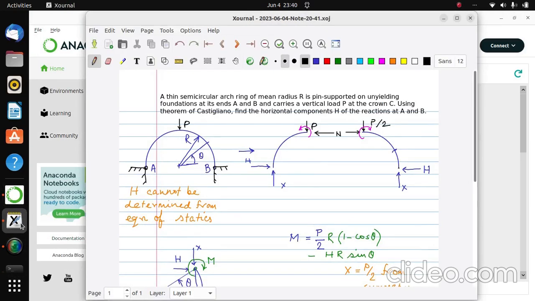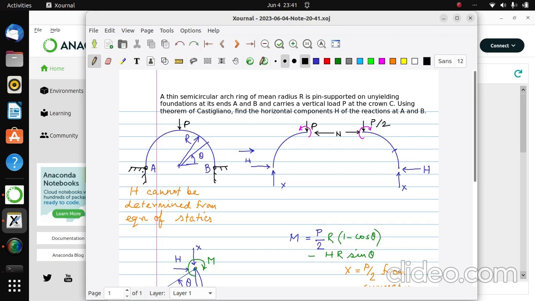So here we will solve this problem with the help of sympy in Jupyter Notebook. You can also use Thonny, but here we will use Jupyter Notebook, because the mathematical symbols are very nicely presented in Jupyter Notebook. So this problem, as you know, a thin